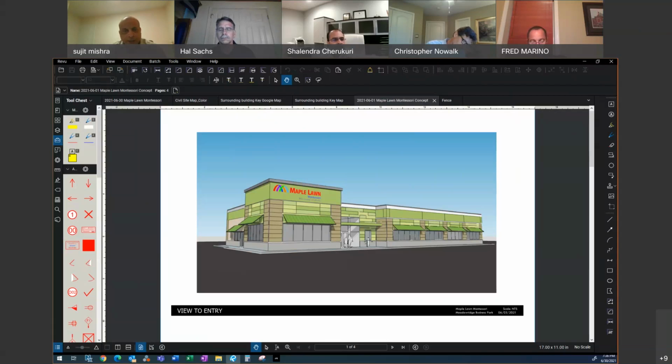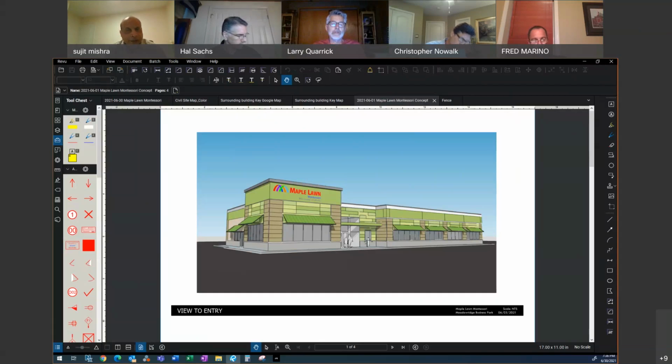So that's the only comment I had when I looked at this 3D elevation. Because right now it's kind of the same thing carrying through, but it looks like the tower probably needs to be a little bit different than the rest of the building. That's how your design is. So that's all I have.